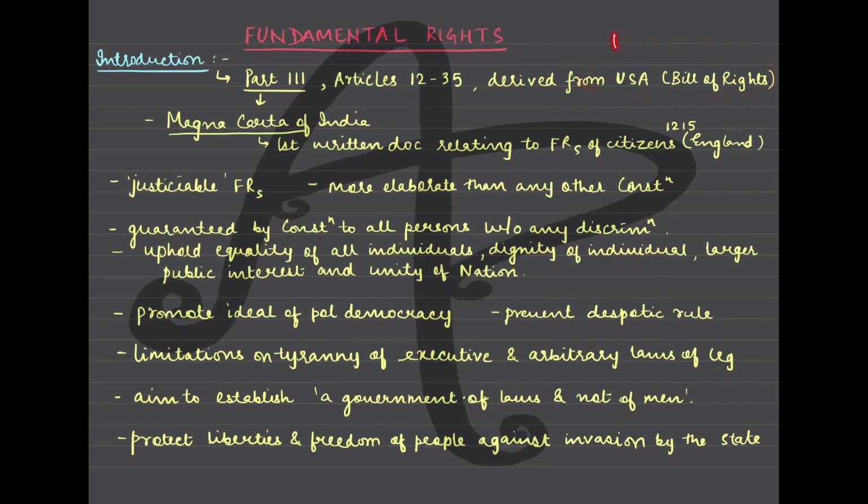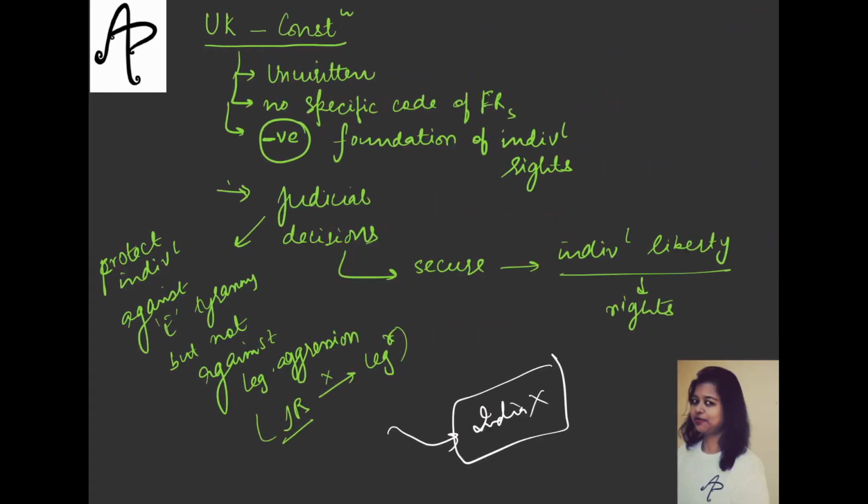So US में you know there is a written constitution. उनका जो code of rights है that is called the Bill of Rights. And here the constitution makers of US were sure of the idea that they will make a certain set of rights, and they were apprehensive of the tyranny from both legislature and executive. So they were very sure of the idea that our fundamental rights are going to be equally binding on the legislature and executive. So here they have the idea of judicial supremacy.